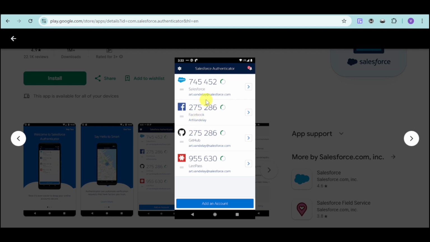As you have noticed, you can use it for Salesforce, for Facebook, for GitHub, as well as for LastPass, as well as other accounts that actually support this. In this case, what you can do is head over and click on this add an account option. If you do not have an account yet on Salesforce, by the way, you can head over